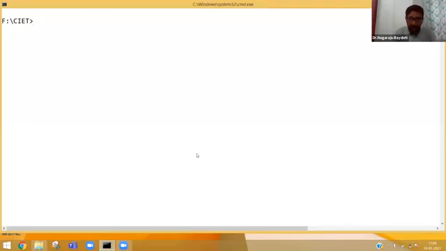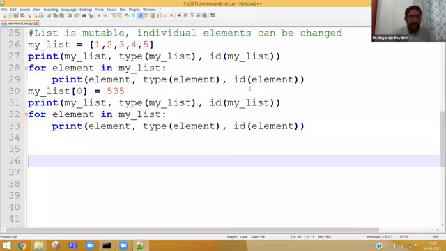For example, when I come here, oh sorry, I should execute it. Please try to understand, the student who asked the doubt, what is mutable? If it is a string, as I explained yesterday, an individual item in a string cannot be changed.